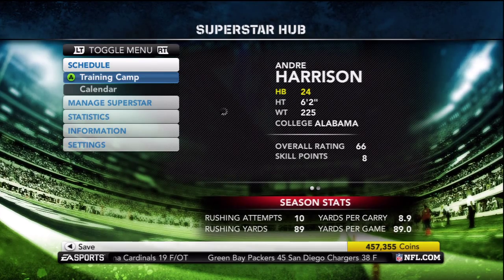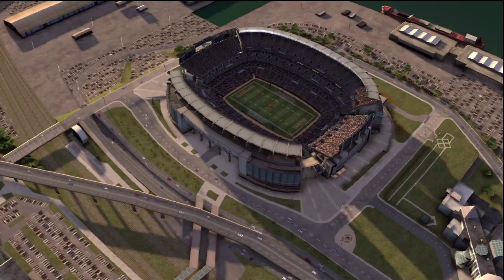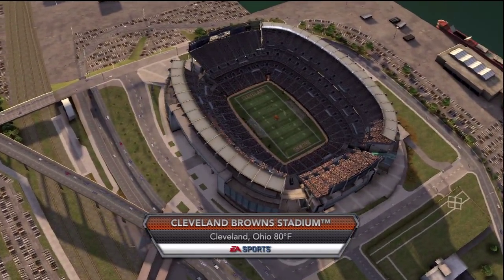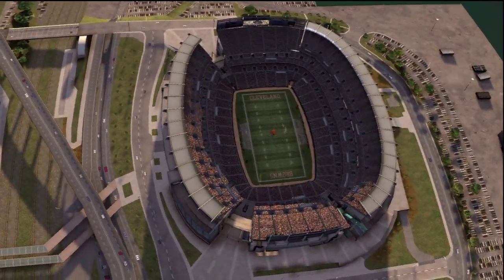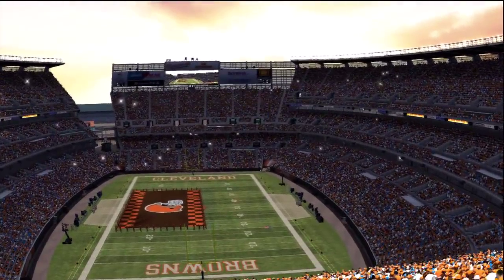So I put points into elusiveness there, and now it's time for our second preseason game of the season against the Cleveland Browns. You've got to go to the Cleveland Browns Stadium here in, well, guess, Cleveland, Ohio, obviously. I skipped the stadium entry already for this one. There's no need to see the Cleveland Browns come out, and anytime I can avoid giving Peyton Hillis any credit,